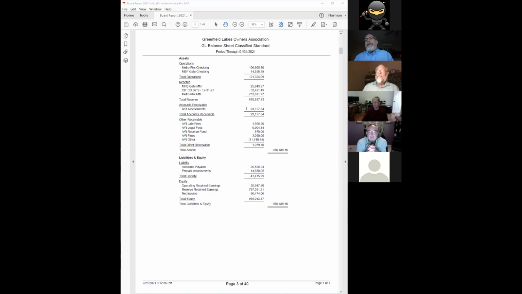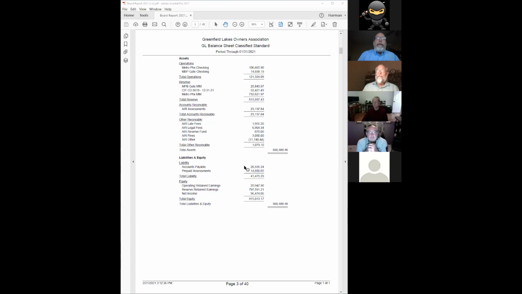We have receivables of assessments. We do break out the receivable categories. So assessments of owners are 23,197, and then we have receivables of late fees, legal fees, reserve fund, other, and fines. It's weird, the other has a paid balance because we had income come into the other, so it made it look artificially low as a category.